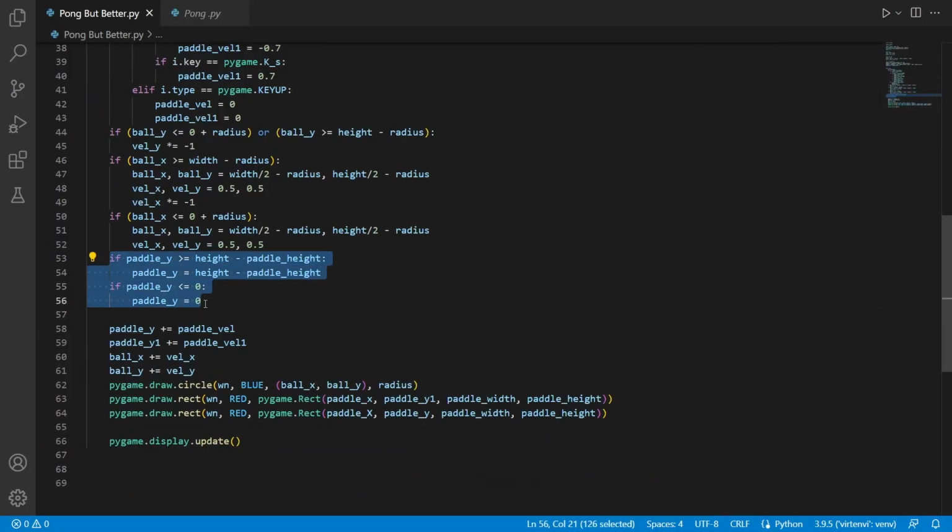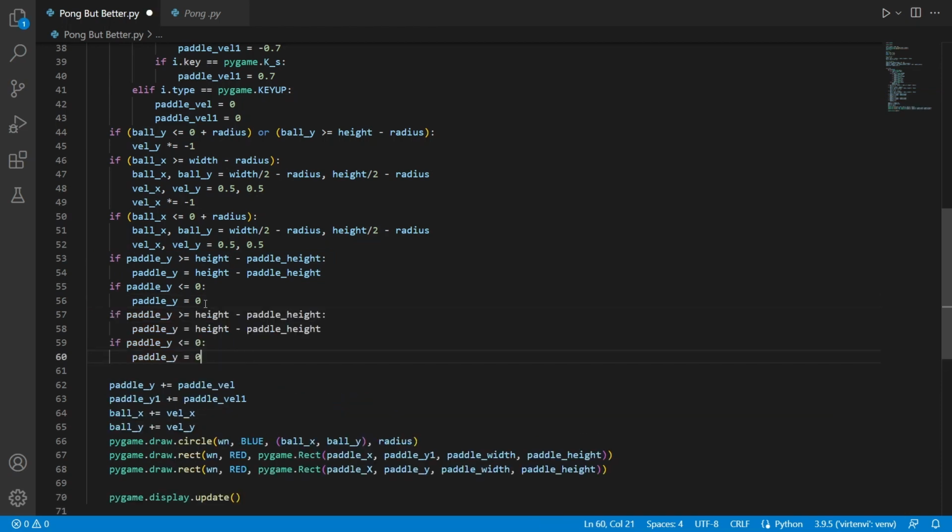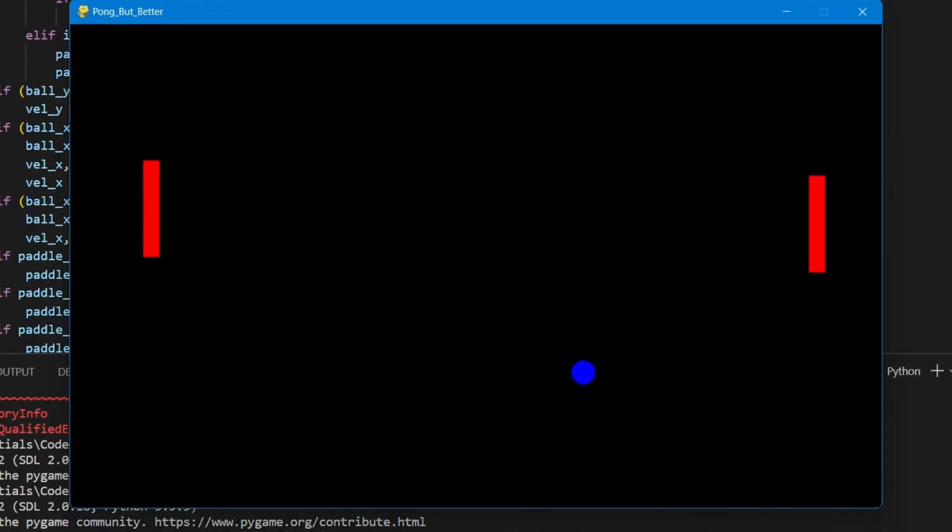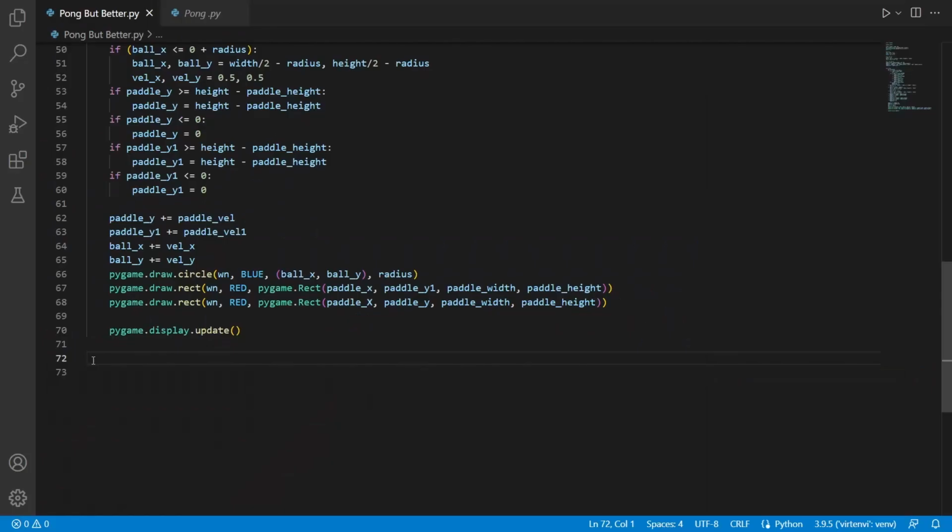and paste it here, and define this for the other paddle as well. 1, 1, 1, and 1, like this. Both the paddles this time shouldn't go off the screen. Just trying to move this, and very good, it's not going to go off the screen. Nice. In order to achieve this, we will need two if conditions, one for the paddle's width and one for